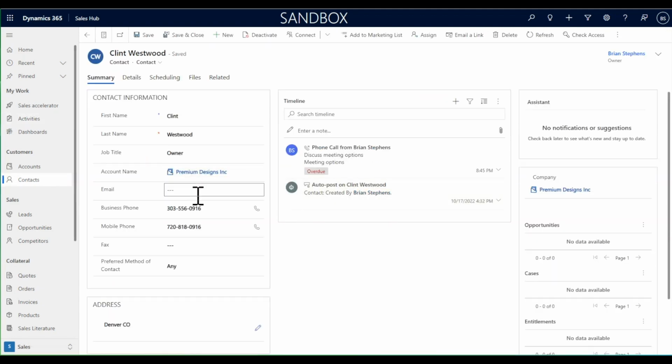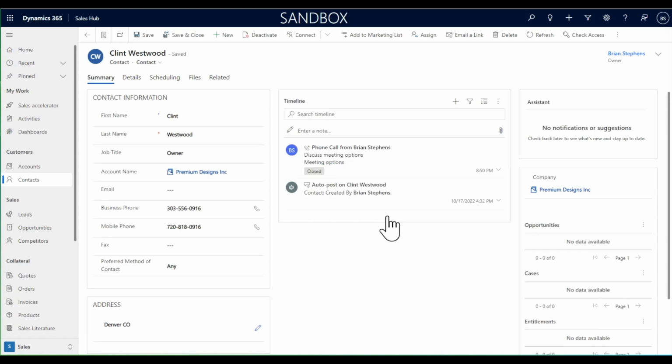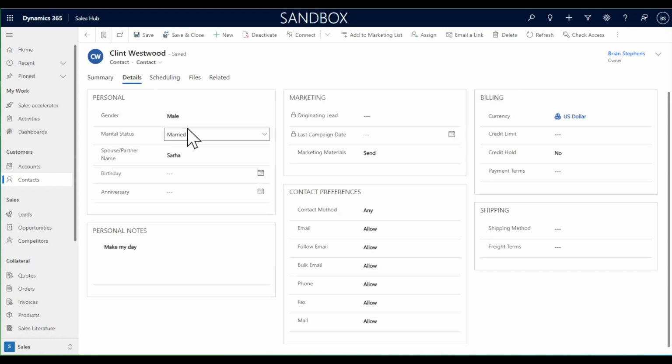You can see how we have a summary screen similar to the lead screen. A lot of these are very similar in design. We've got a timeline here. So in this particular case, we have a phone call that is overdue. And so if you'd completed that call, then you could go in here and you could go update that, show it as completed. We've got details on these screens so that we have personal information, so that if we have